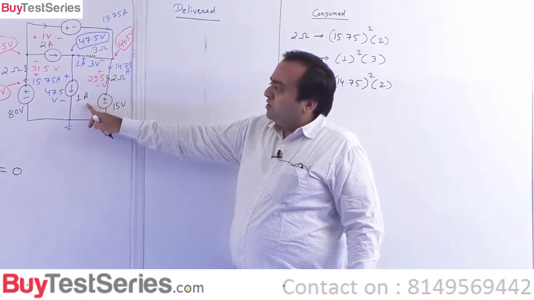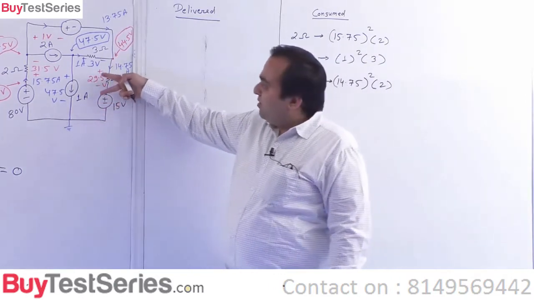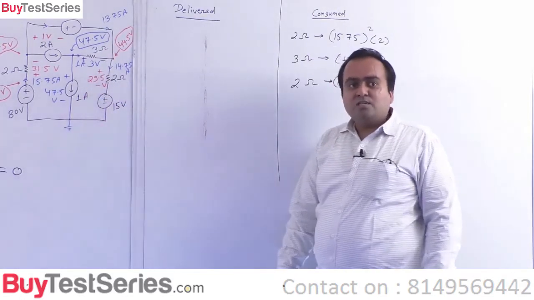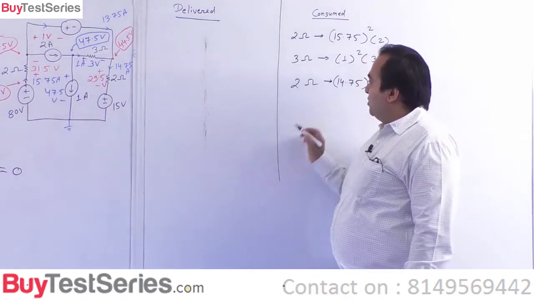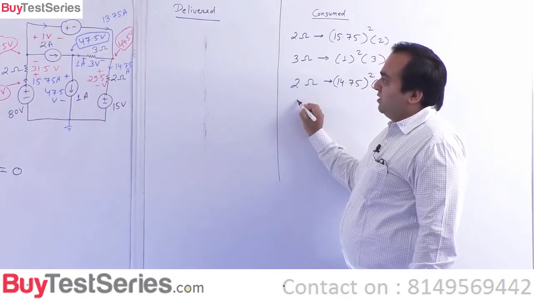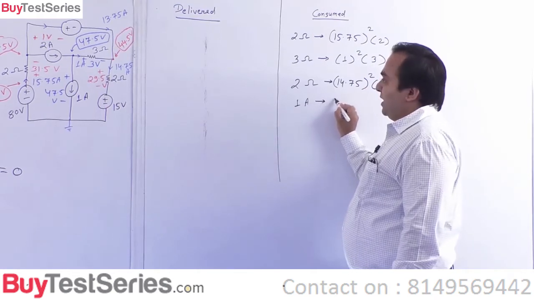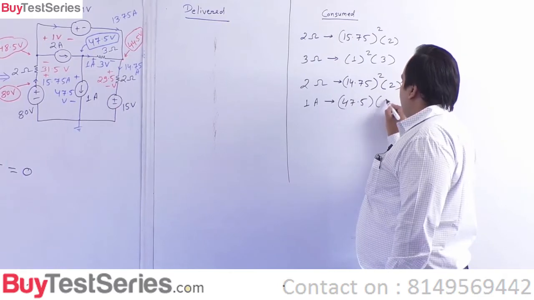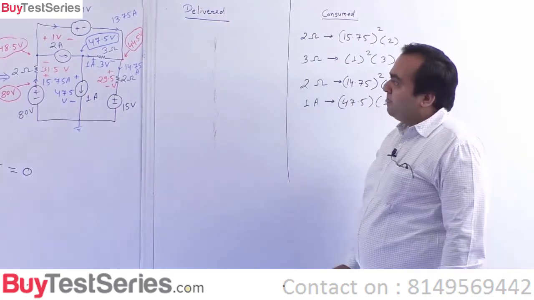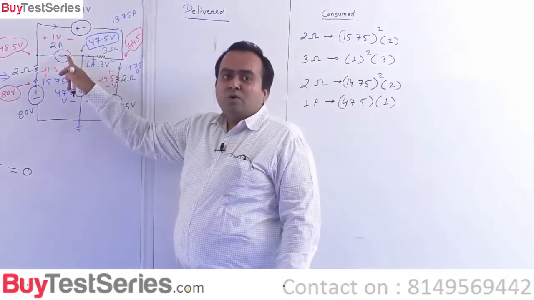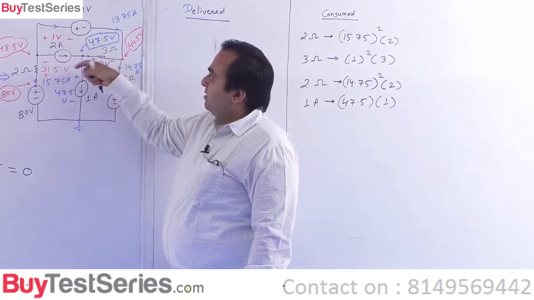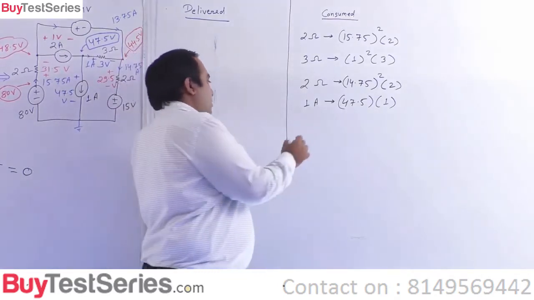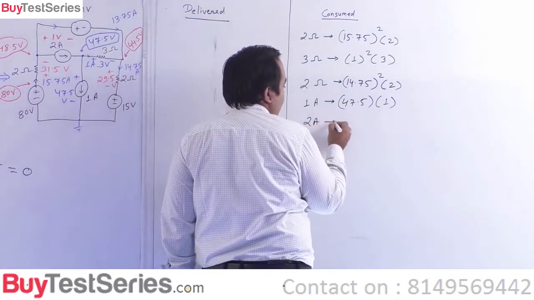If you look at the current source, this current source is having a voltage drop of 47.5 across it and 1 is coming into it. So this current source must also be consuming. So if you see the 1 ampere current source, it is consuming 47.5 voltage into 1, this much watts of power. If you see the 2 ampere current source, at the positive of 1 volt, the 2 ampere is entering, so it is also consuming. So this 2 ampere is consuming